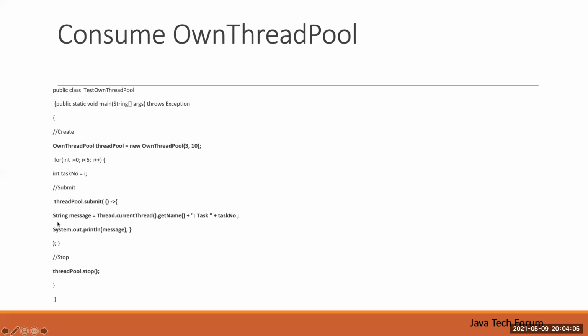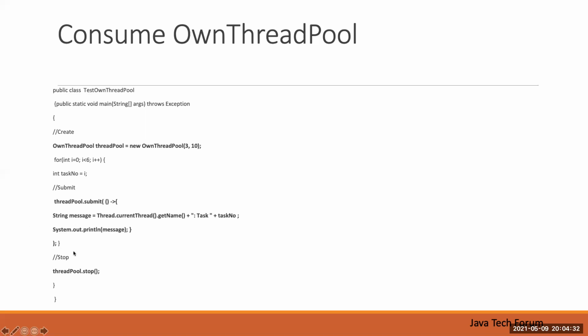I'm not doing any real task, just using System.out.println to display. That is the task which I'm submitting to the thread pool. The thread pool will execute this task from whichever thread is available. I loop through 6 times and submit 6 tasks.